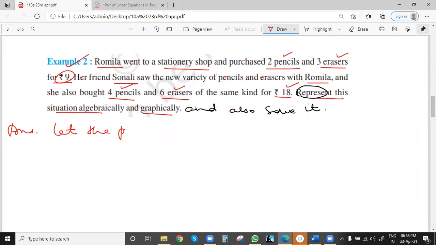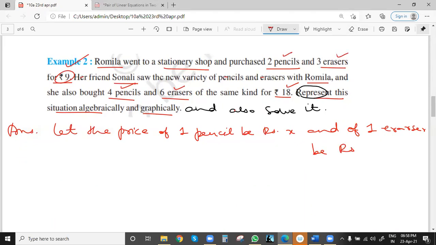Let the price of 1 pencil be ₹x, and of 1 eraser